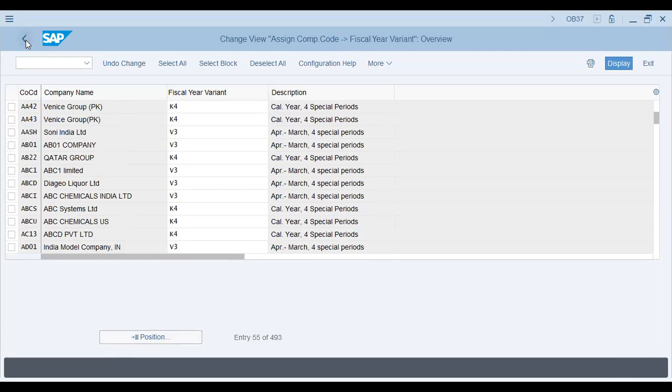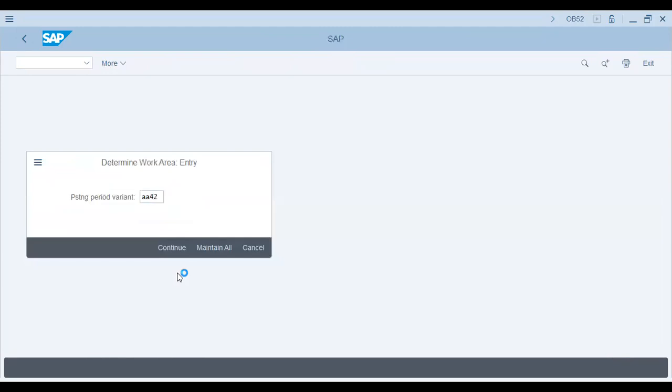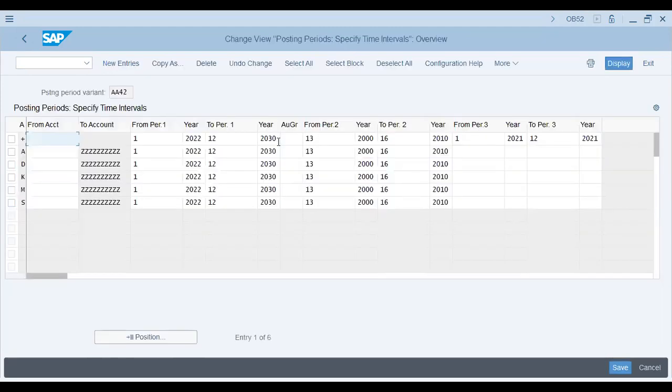Okay. Posting periods define variants. Open and close AA42. Okay, 230. This is